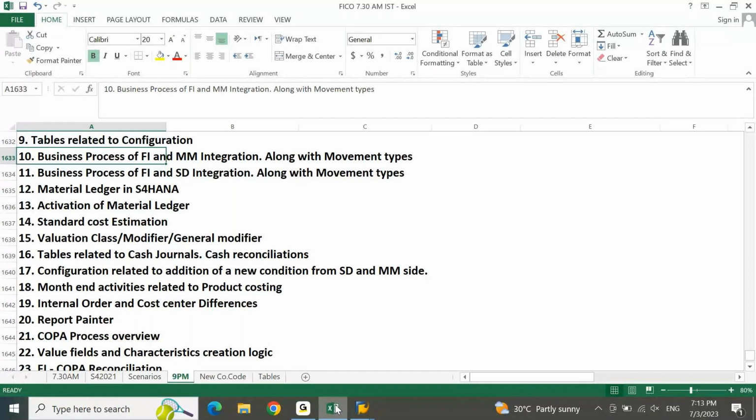In FIMM, what are all the possible scenarios that you can talk about? Apart from purchase, if you are transferring the stock from one plant to the other plant, if you are transferring the stock from one location to the other location, if you are scrapping the stock, if you are using the stock internally, if you are issuing the stock to a project, or to a process order, or to a sales order, likewise different things. If you are issuing the stock for the subcontracting purpose,